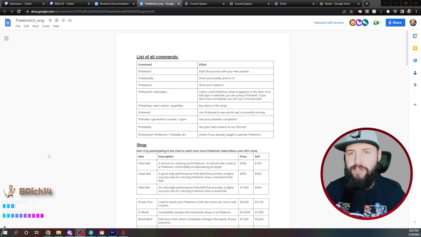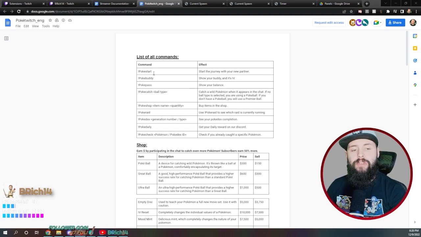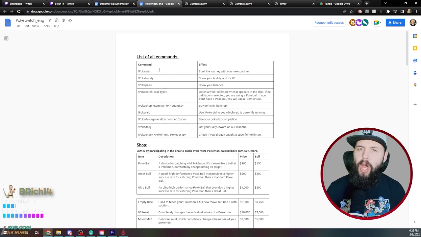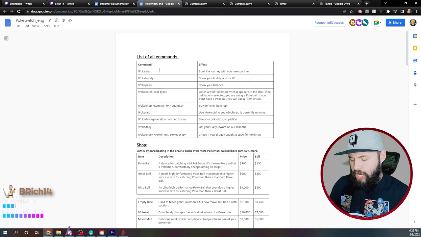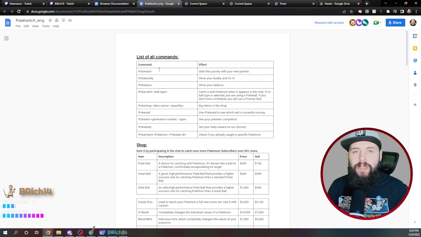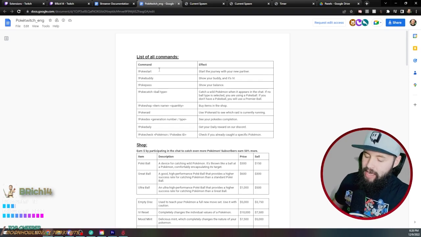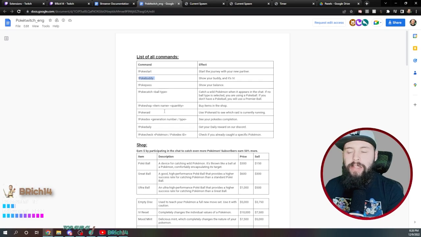The commands are the first thing here. If you want your people in your chat to know how to start using this bot, they have to use the command PokeStart, which is explained to you if you try to respond to the command without having started. So if a Pokemon spawns and someone in your chat goes PokeCatch, because the prompt tells them to do that, it'll be like, hey, you don't have your trainer ID yet, use PokeStart. It'll start your journey, it'll give you your starter, your trainer ID, and then you can actually start using the bot appropriately, which leads us to the PokeBuddy.